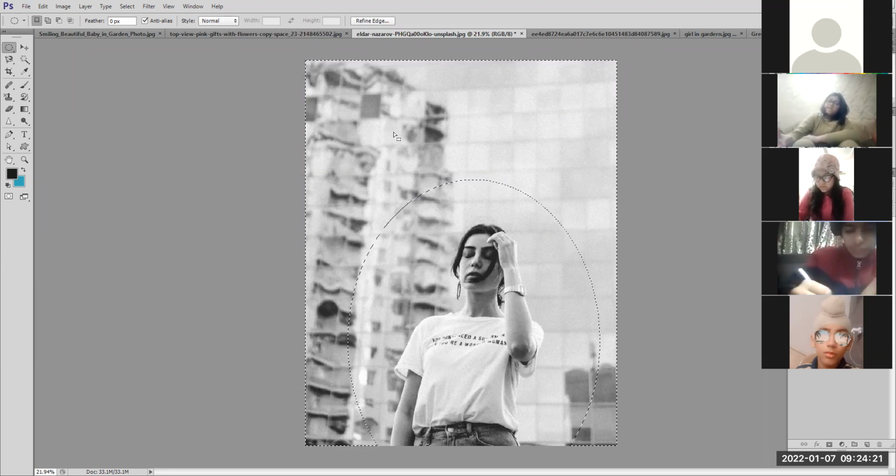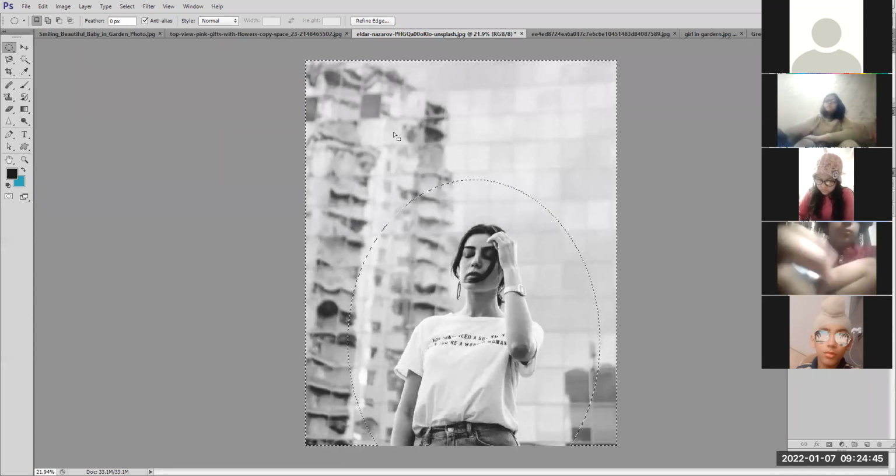That is used to fill the background color in the selected area. Alt plus Backspace, fill foreground. Control plus Backspace, fill background.